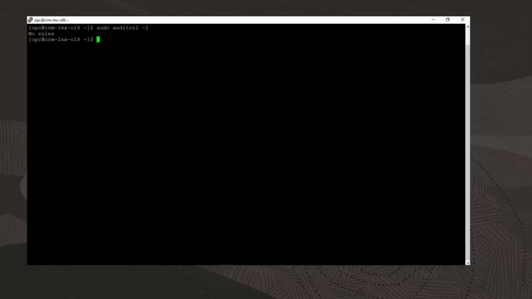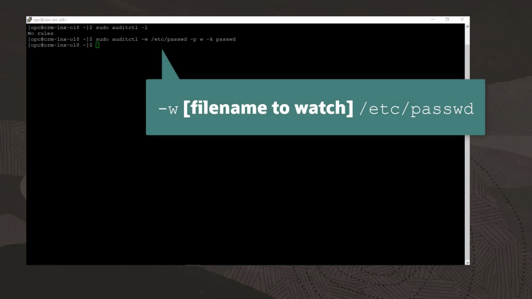We'll create a file system rule using the auditctl -w command. This file system rule watches the /etc/passwd file. An audit event will be logged whenever a write occurs on the /etc/passwd file. I'll type the command sudo auditctl -w /etc/passwd -p w -k passwd. The file name to watch is